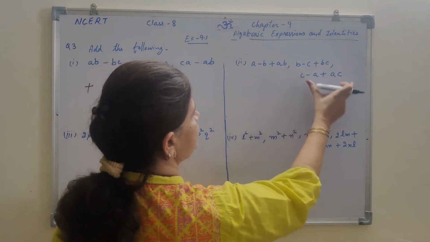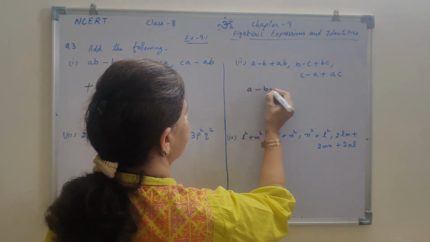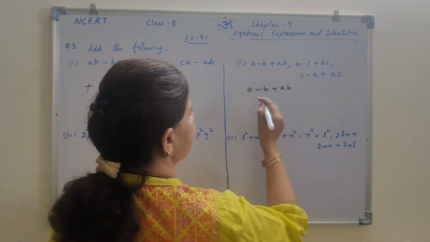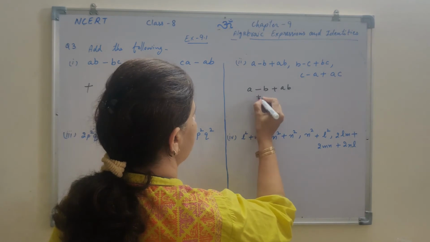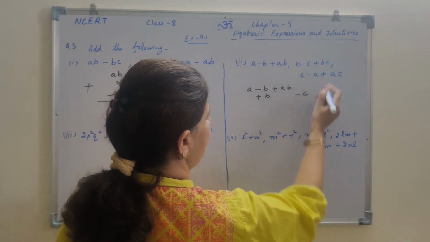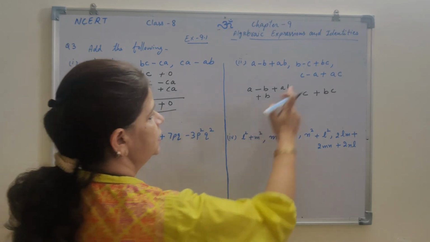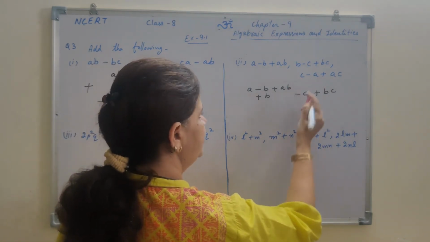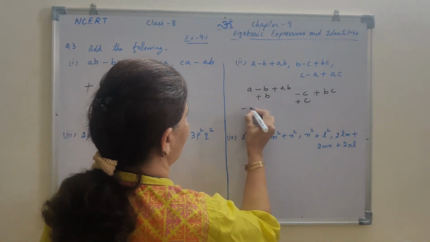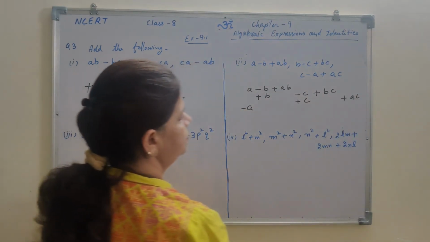Now again we have three expressions. We write down the first expression, which is A minus B plus AB. Second expression, B minus C plus BC. B will come below this B, but minus C will come in a separate column, and then plus BC also separate, because we do not have it in the first expression. Then C minus A plus AC. C we already have, and minus A, yes, we have already, plus AC we do not have, so it will come in a separate column.